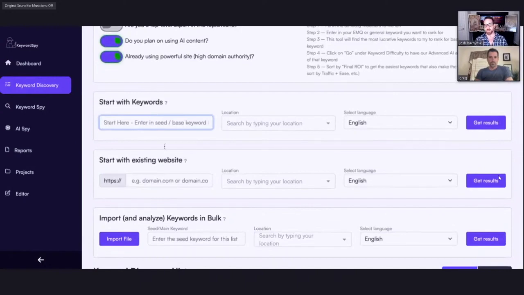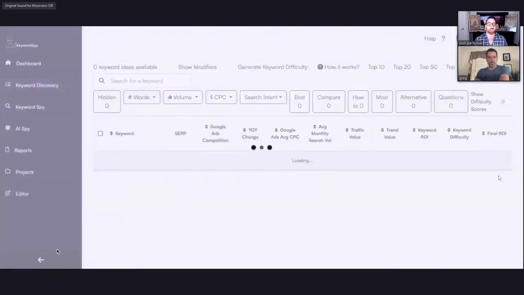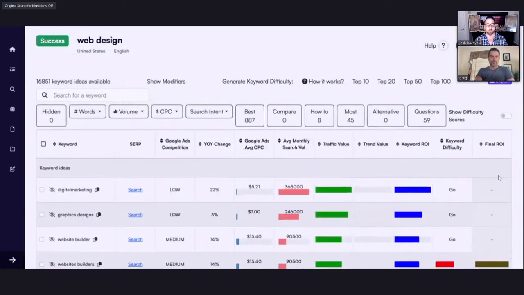If you already have some that are done down there, Greg, if you don't mind sharing one of them. Then you click on one of them. And again, this demo will be done in 30 seconds. It's very easy to use. After you click on one of them, you would click the Go button there under keyword difficulty.